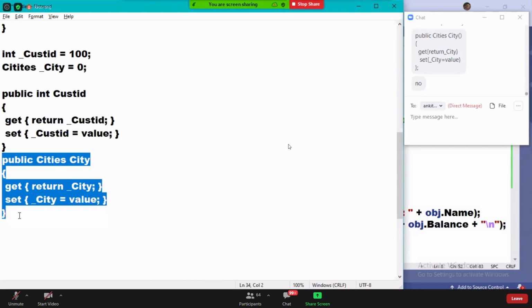Enumerated property means a property with a set of values to choose from. So that's what we just call an enumerated property, guys.